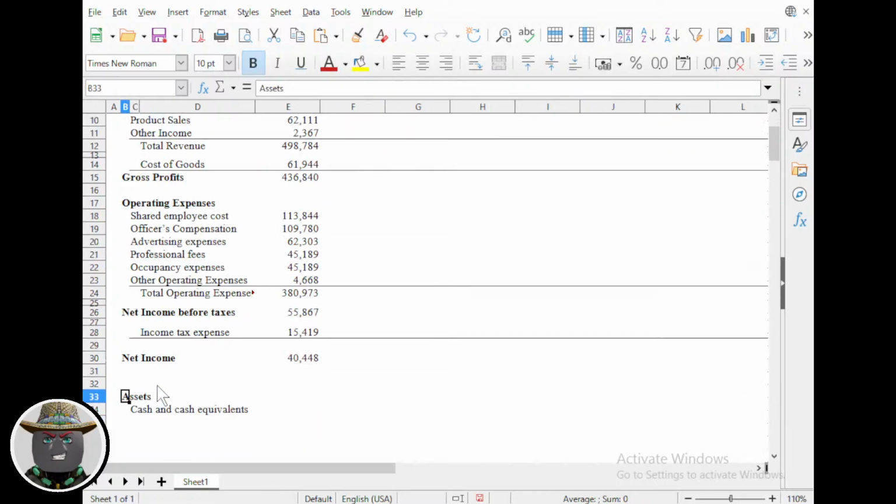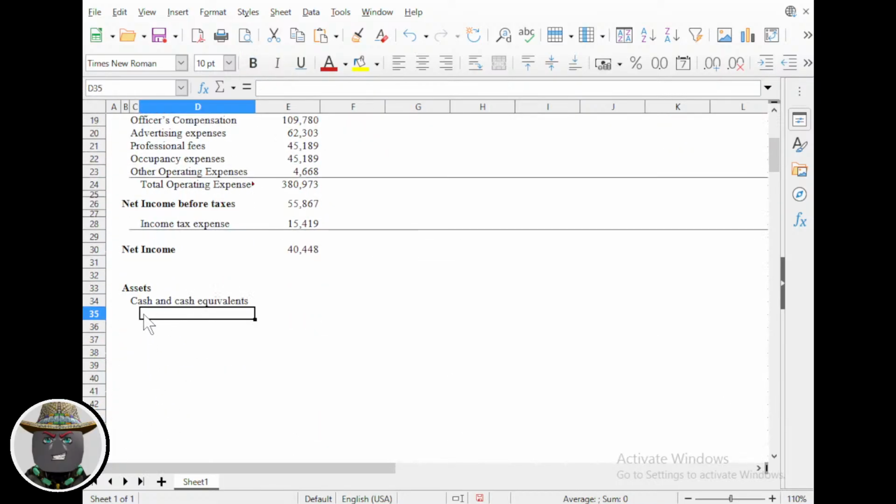Make this one bold. Accounts receivable. Net. Inventory. I think the inventory is the Lego stock. It's all the different Lego sets and